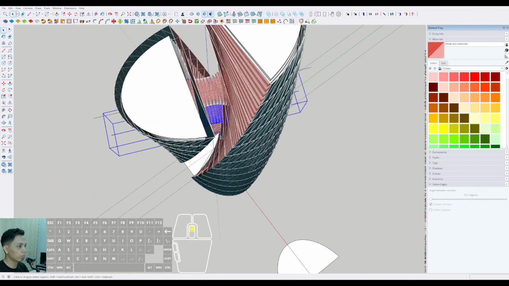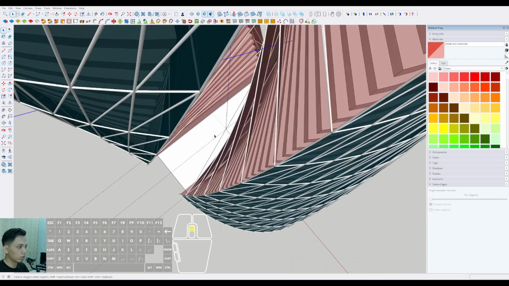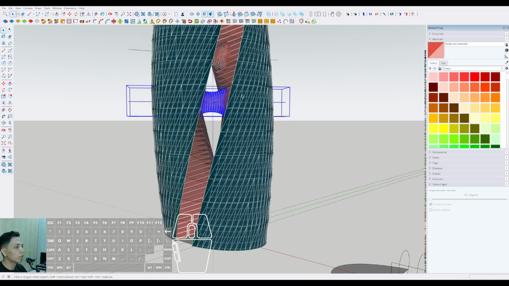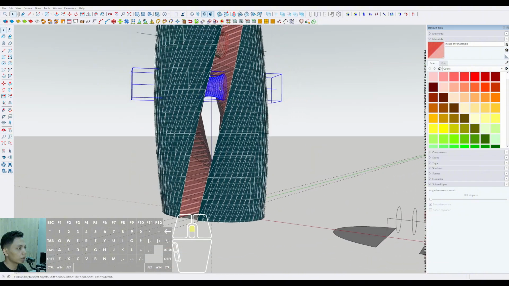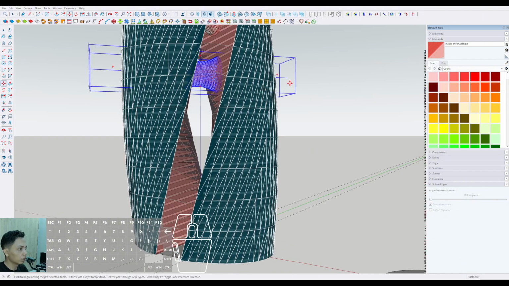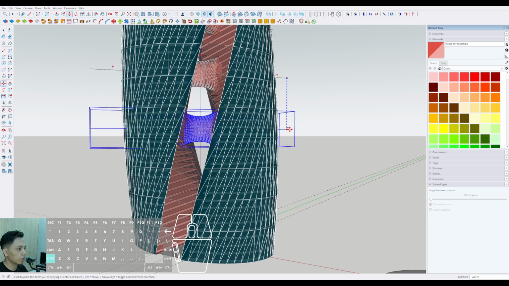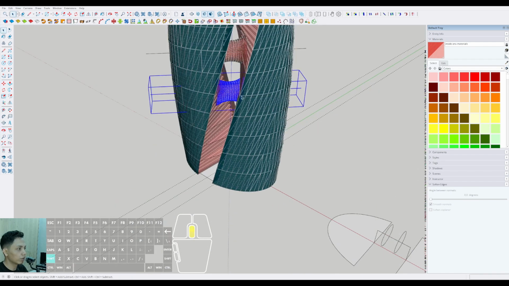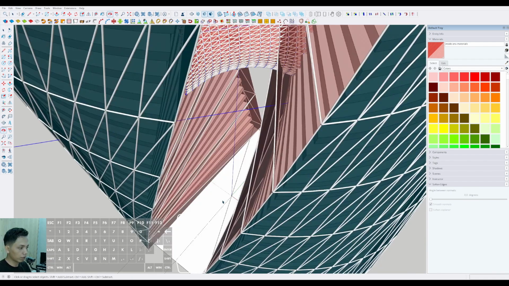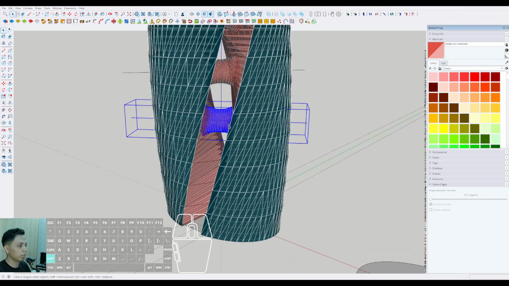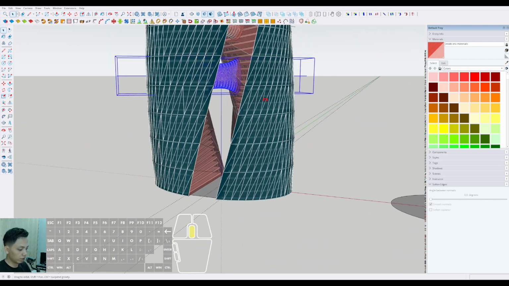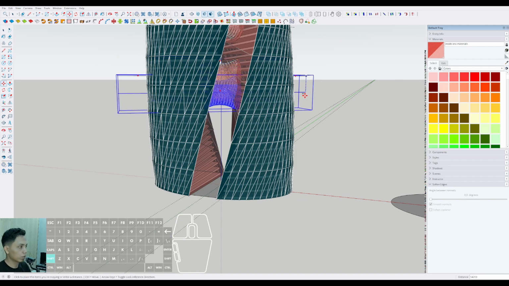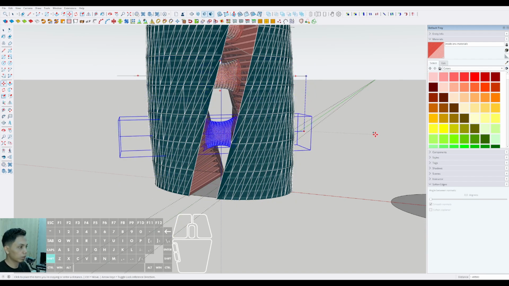Then we can rotate it also from this position, and duplicate again. We can duplicate again approximately in this position, and rotate it again. Okay, and then we can make duplication again. Move, press Ctrl, and move to this position,